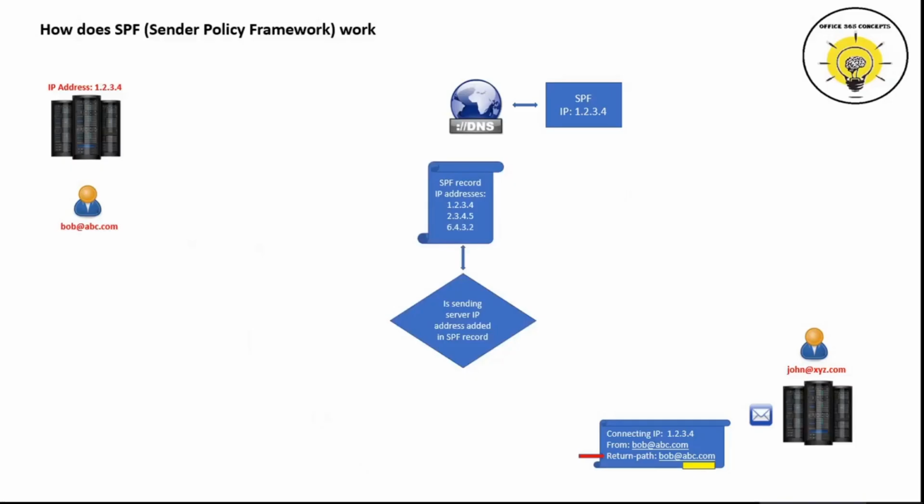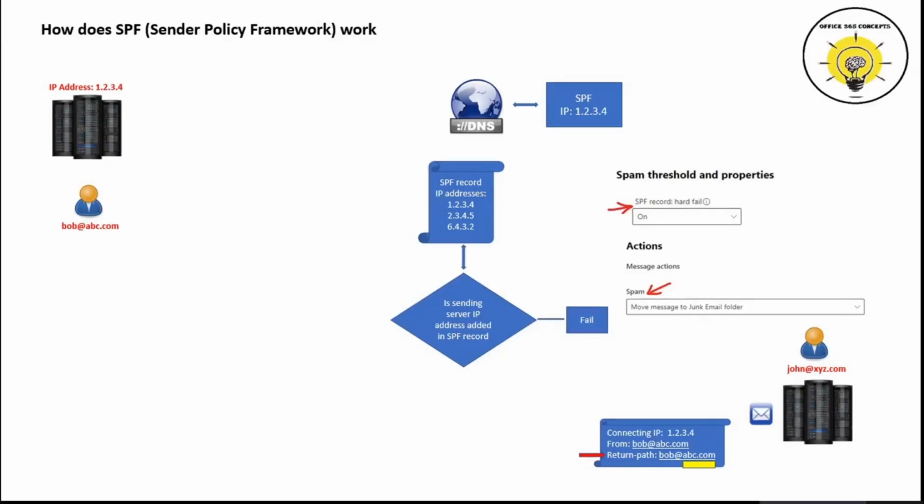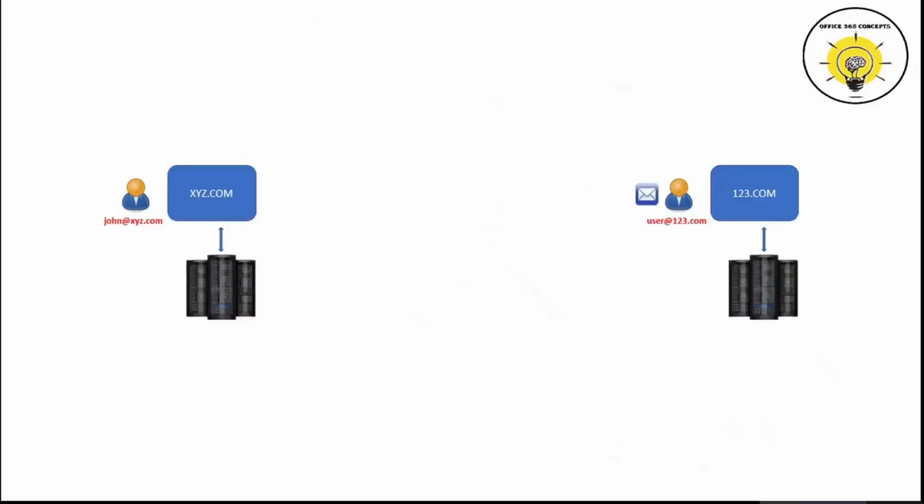If the sending server's IP address is found within the SPF record, the SPF check will pass and the email will be delivered to john@xyz.com. In case the sending server's IP address is not found within the SPF record, the SPF check will fail and the recipient server will treat this email as per the action specified within the spam filtering policies. Now if john@xyz.com forwards this email to an external user, in that case, the SPF check will fail